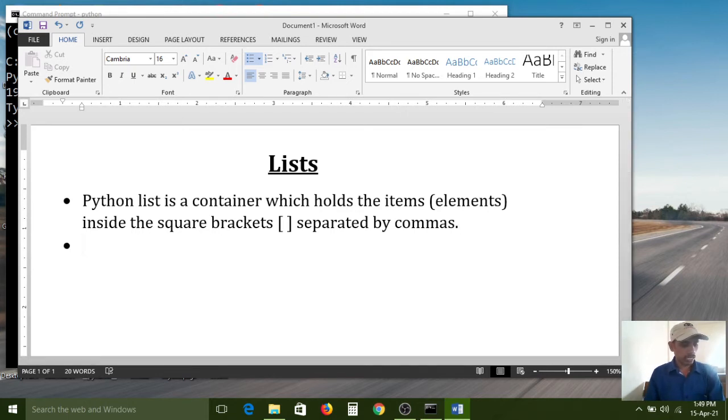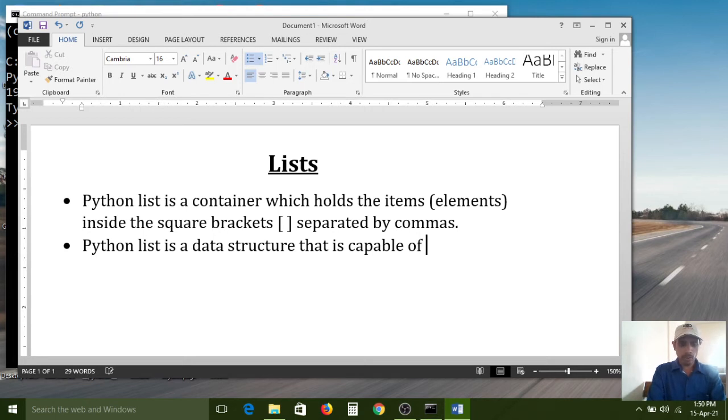Next, a Python list is a data structure that is capable of holding different types of data types.